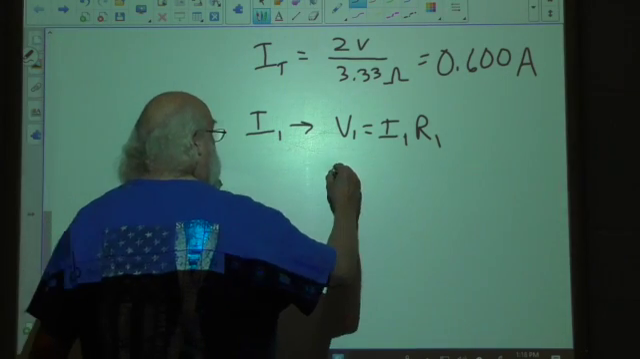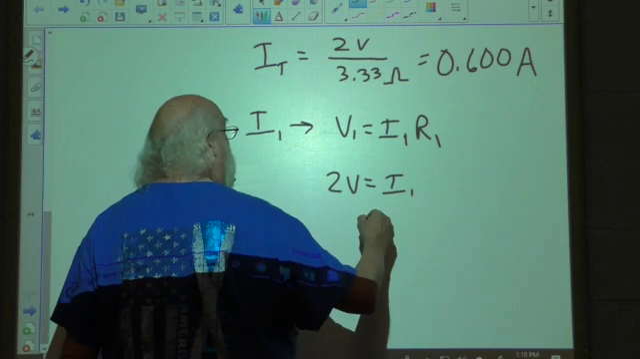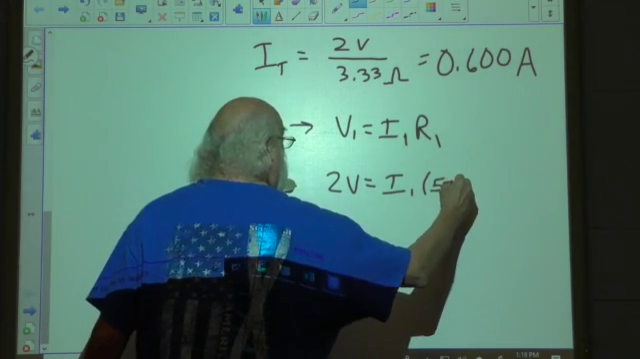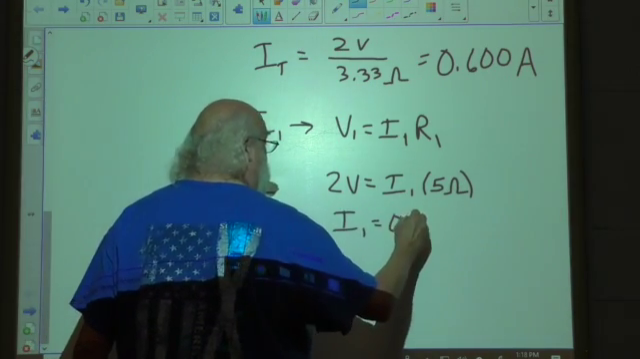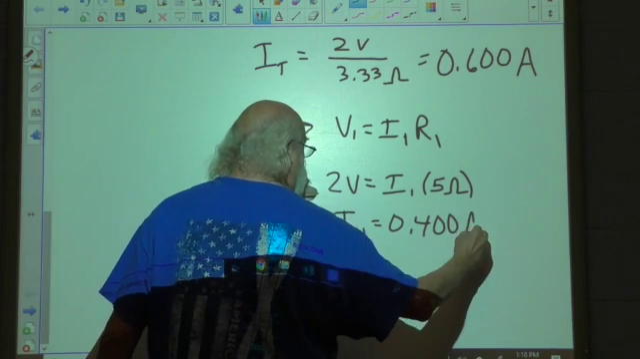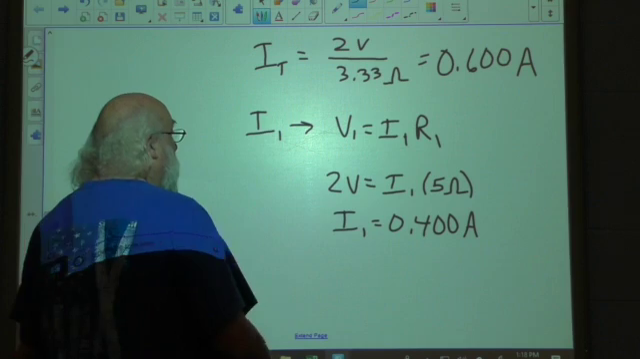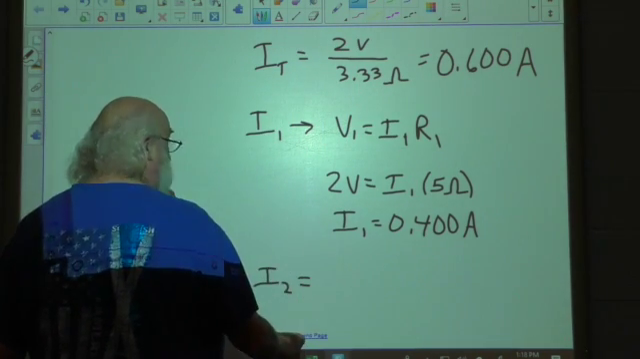So 2 volts equals I1 times R1, which we said is 5 ohms. Divide that out, and I1 equals 0.400 amps. And then do the same thing with I2. I2 is equal to,